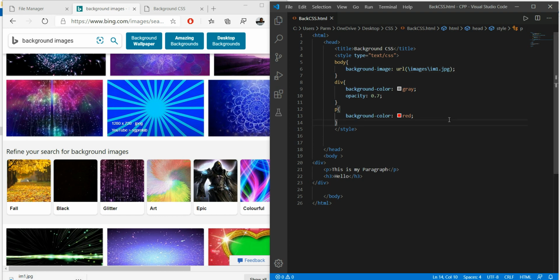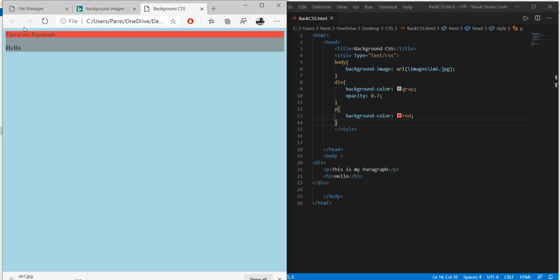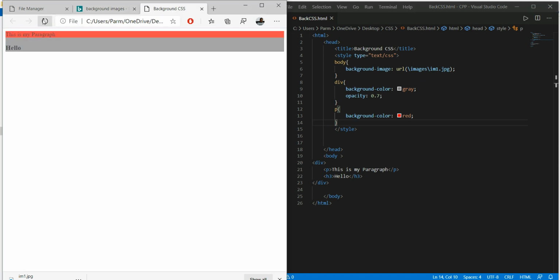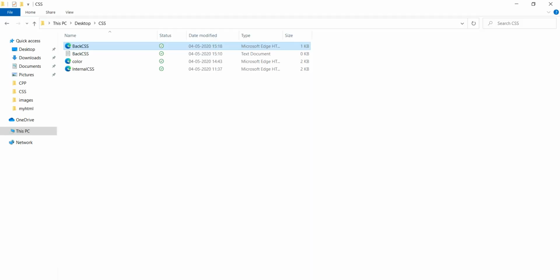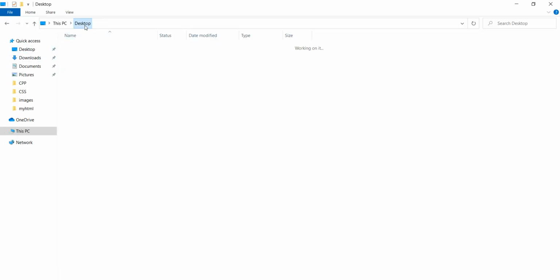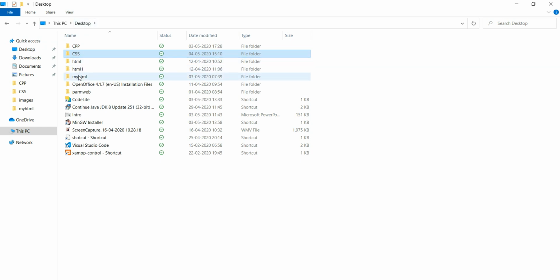Save this, and here we refresh this file. Nothing is going to happen over here, so I will remove this. I have to see the path over here. Okay, on the desktop it's in myhtml.